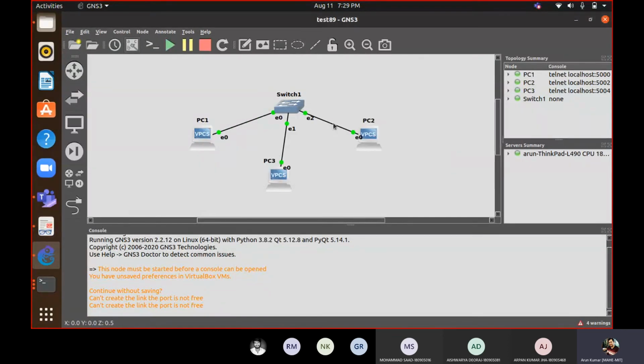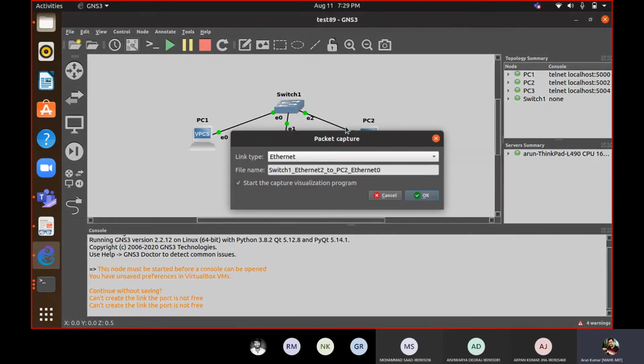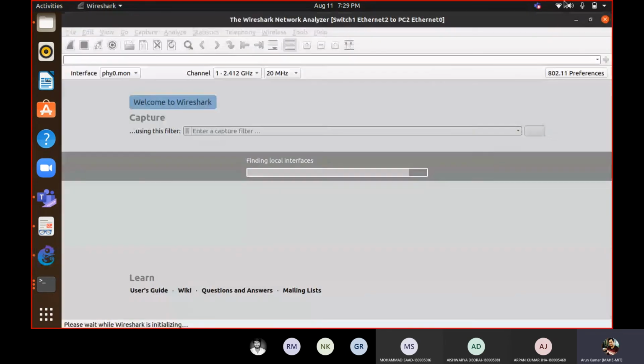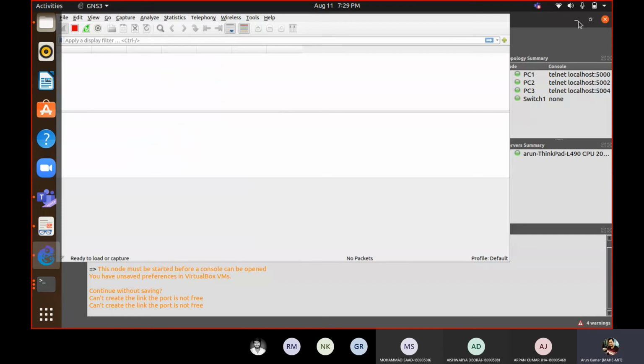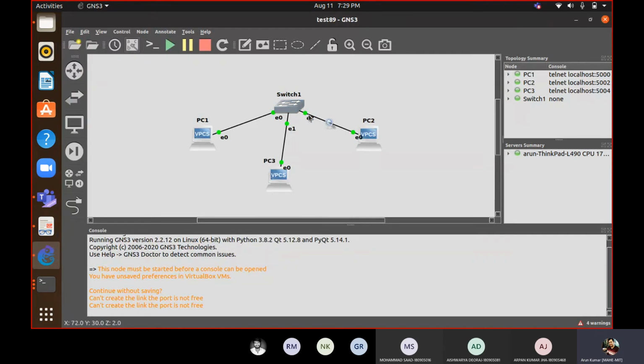Okay, start capture. On this interface I am capturing, but I am initiating my conversation from PC3 to PC1.